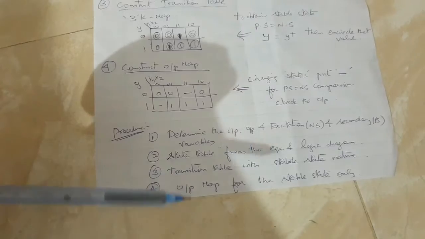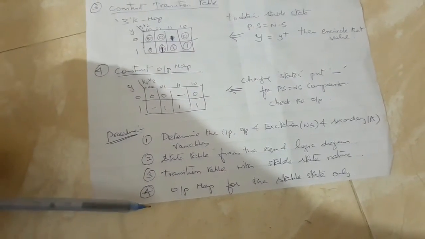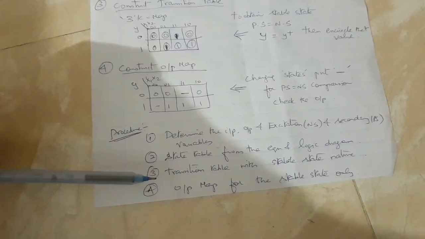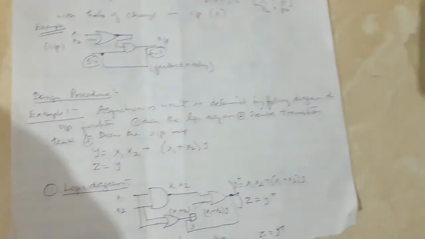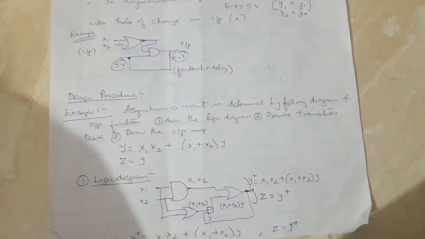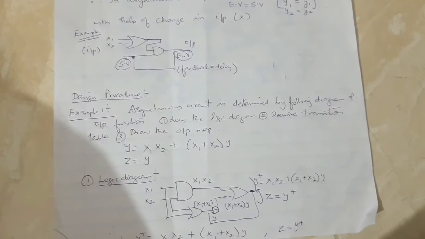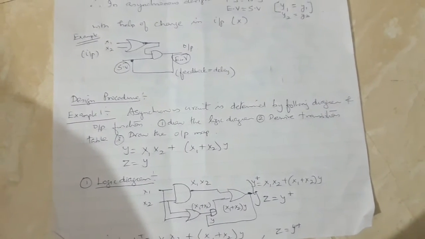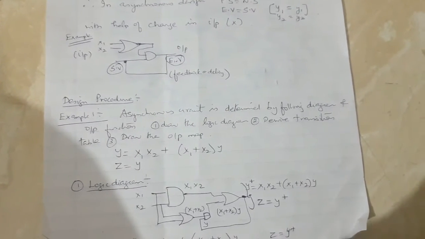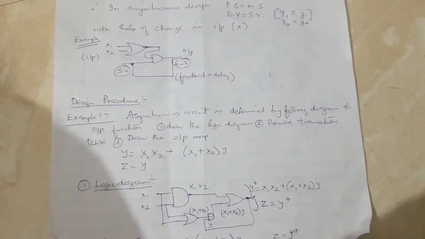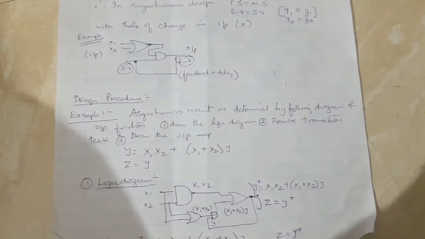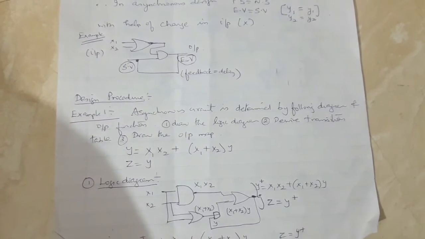So these are the 4 different steps we need to determine roughly to identify an asynchronous sequential circuit design. So we'll go for one tutorial problem. Example 1: first read out the problem very carefully. The hint given here is, if you want to design any asynchronous sequential circuit, read the problem very carefully. Every word is important and every nature of the word defines the problem.